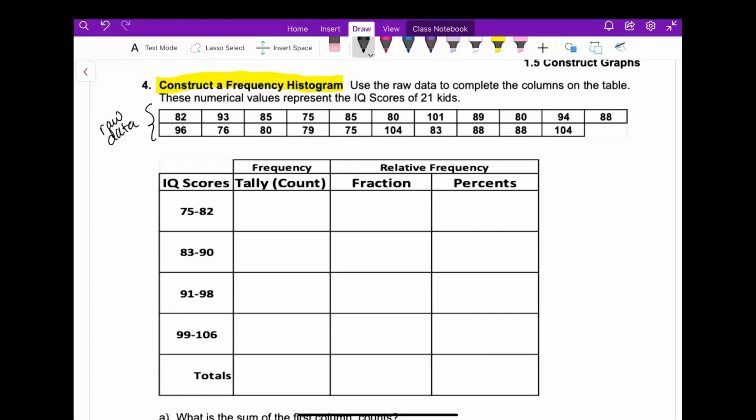So we're going to take our 82. I'm going to cross it out because it's easy for me to erase it if I need it. But sometimes I see students cross out something very aggressively on their paper, and then if they need to look back, they're not able to. So please cross it out gently. 82, this 82 is going to go here. 93, 85,